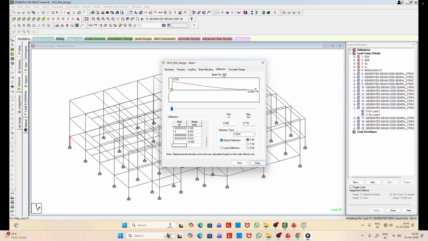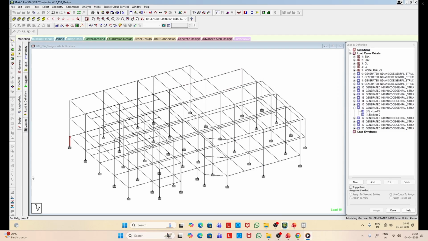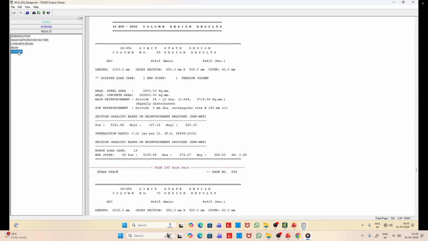Here is the deflection. So for this column number 69, you see all the details are highlighted here.